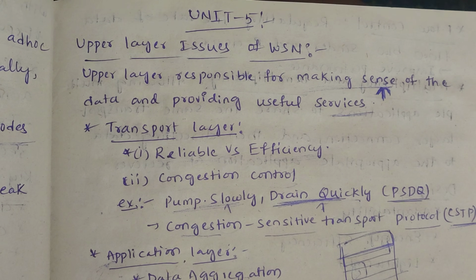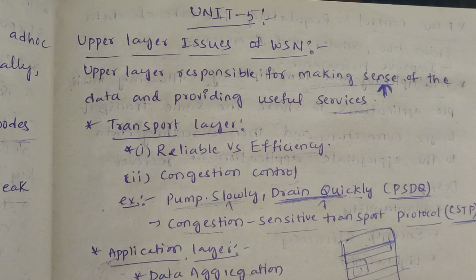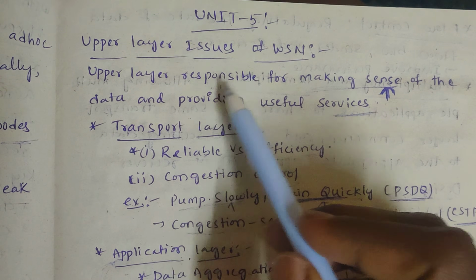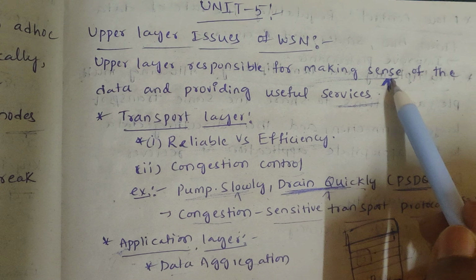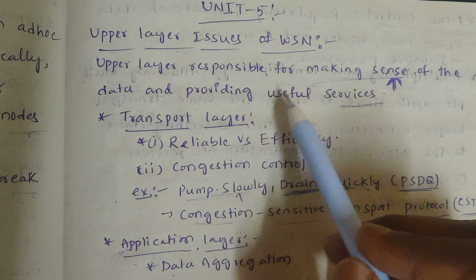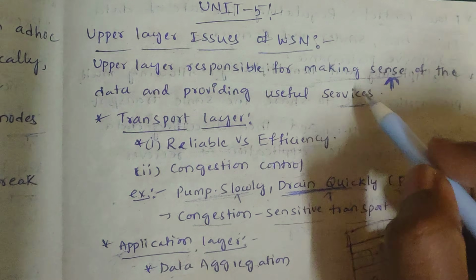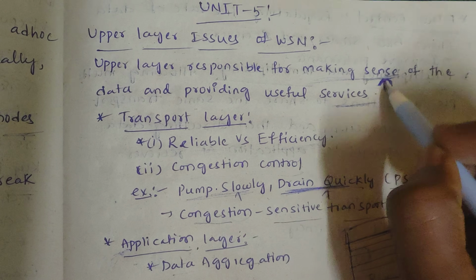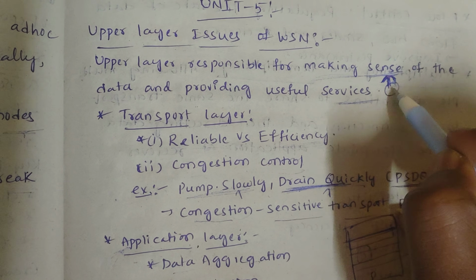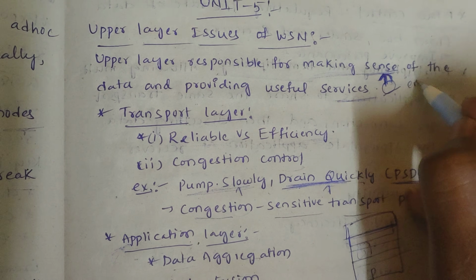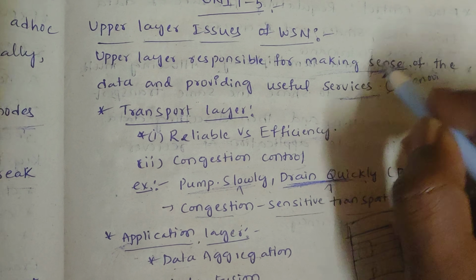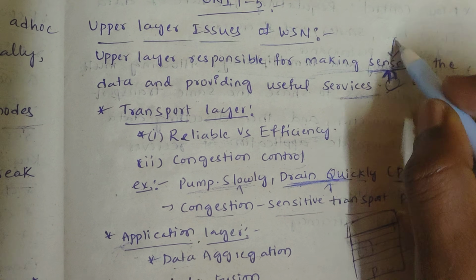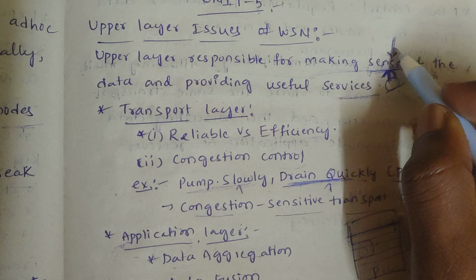In this video, we are going to discuss Unit 5, Upper Layer Issues of WSN. The upper layer is responsible for making sense of the data and providing useful services. Using sensors, we gain data from the environment. The sensors convert the data and transfer it, and all that data is stored